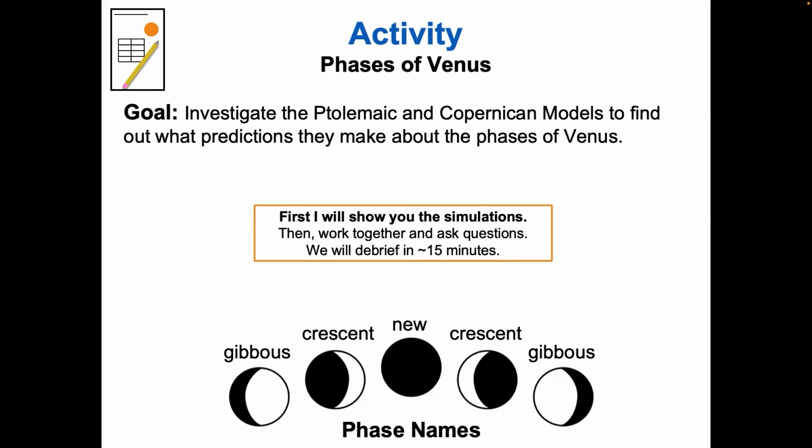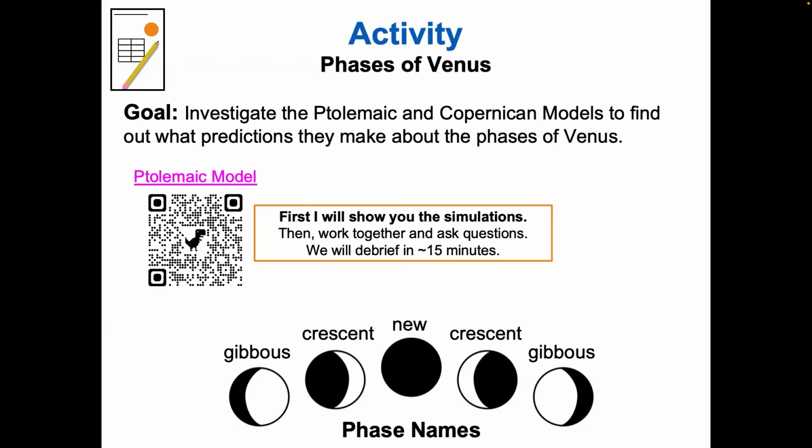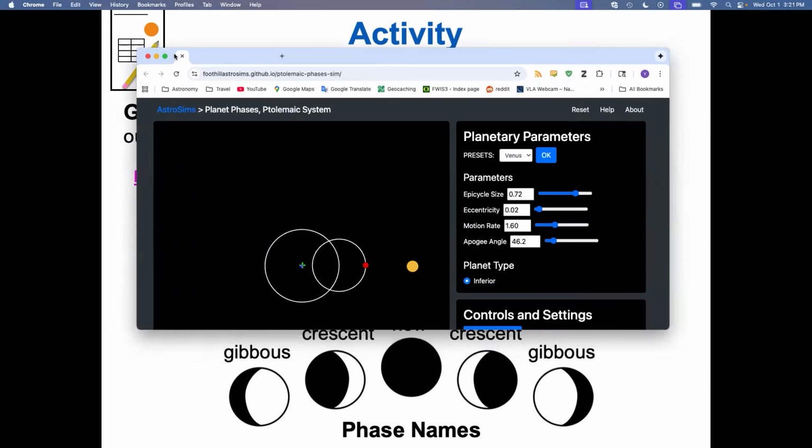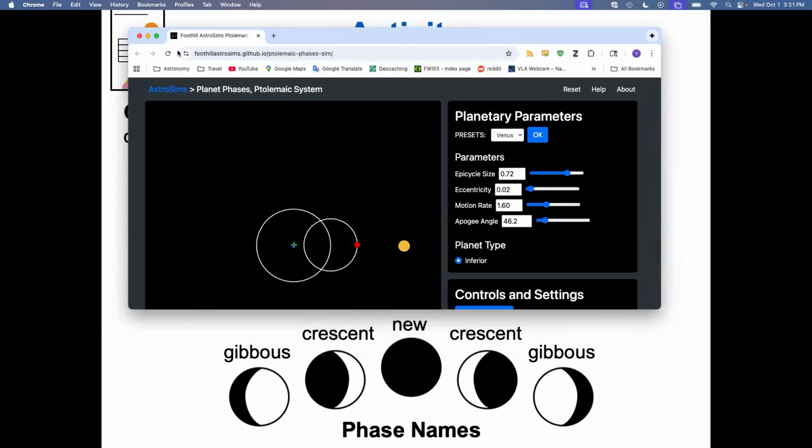So I'm going to show you some simulations. We're first going to look at them together. Then you're going to work together and ask questions. We're going to have about 15 minutes or so for this activity. So first we have the Ptolemaic model, which I have the QR code for there. For later, I'll have this up and then you can scan it if you prefer. But just to show you,